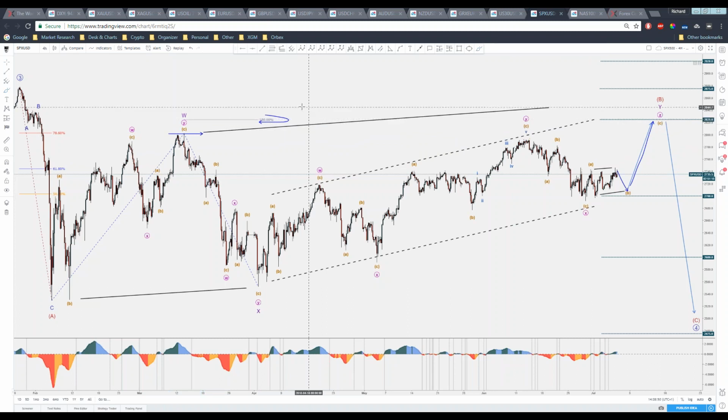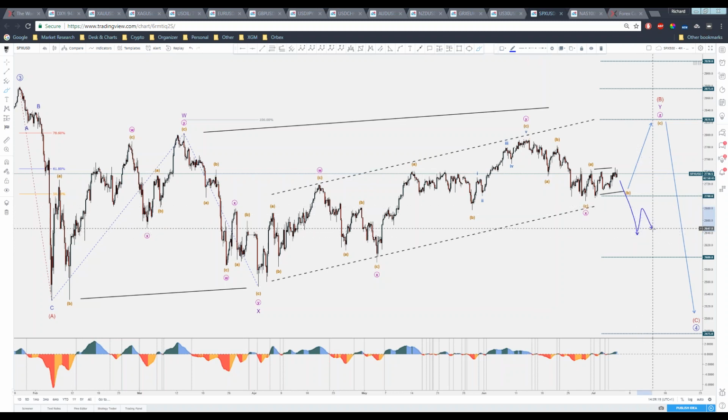2825 would be my level in focus for the S&P, all the way down towards 2475. That would be the bearish scenario, because this is when I would see the VIX continuing that spike. So we'll see. That's my personal opinion. However, if it breaks out right now, I mean soon,